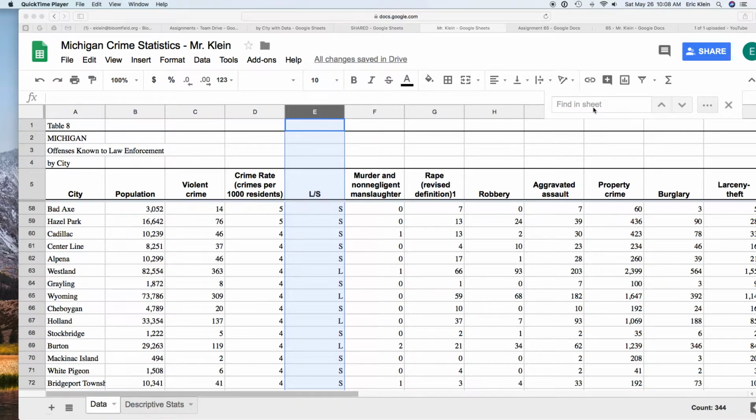Video 3 is how we see where we can use Google Sheets to compare descriptive statistics for two different groups. Come to column E. The L and the S refer to large and small cities. So if there's an S in the column, it means that that is a small city, defined as anything smaller than 25,000 people. And we're looking at whether their crime statistics will be significantly different than people that live in